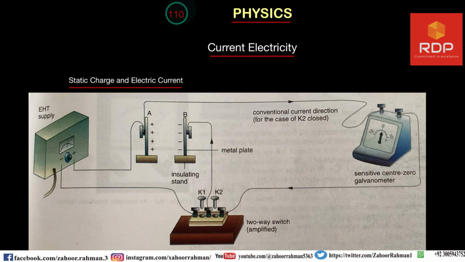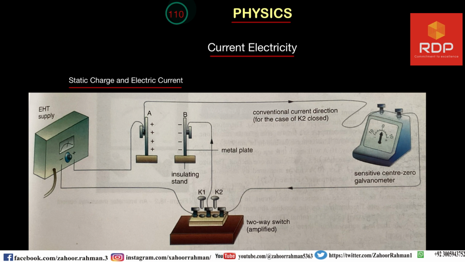But nowadays, we are not using that conventional current, we are using non-conventional current, and that is due to the flow of electrons. Switch on the power supply to charge up the two metal plates positively and negatively by an equal amount. Now remove K1 and plug in K2